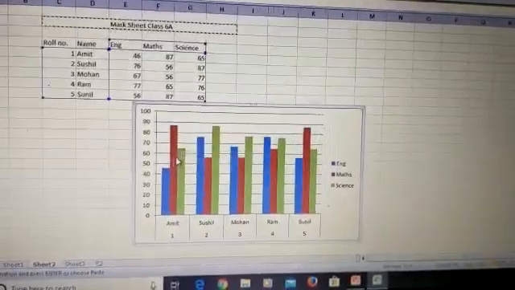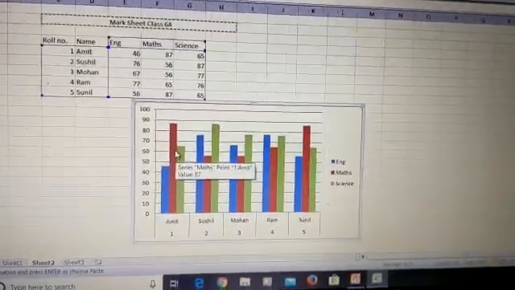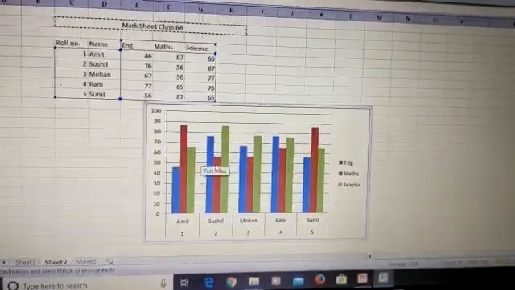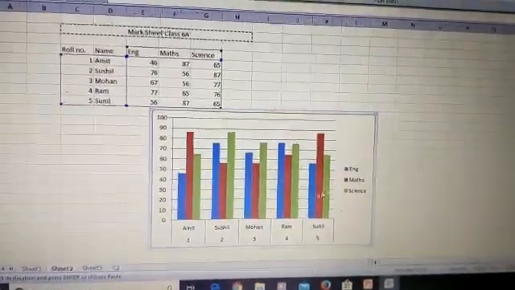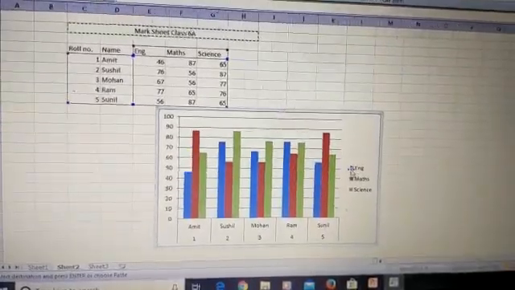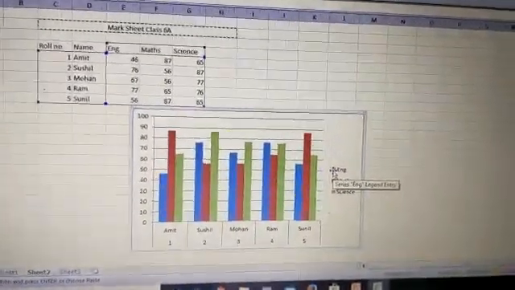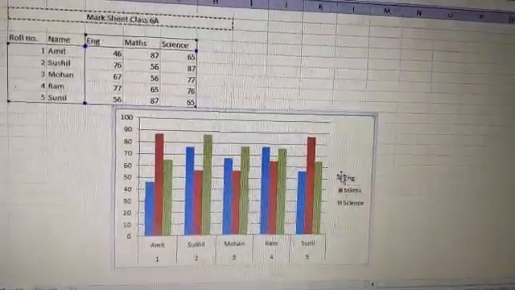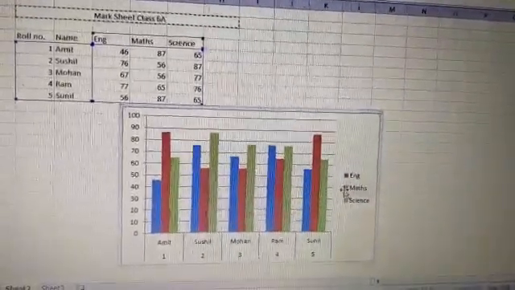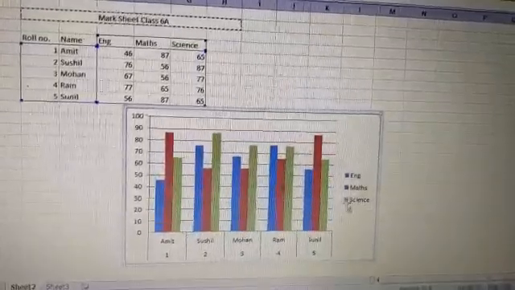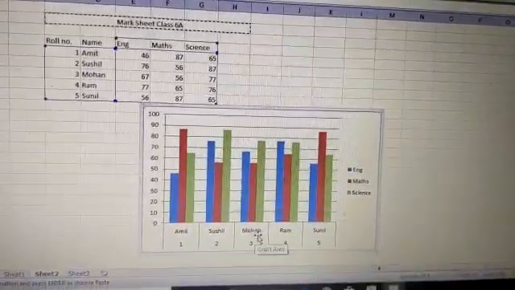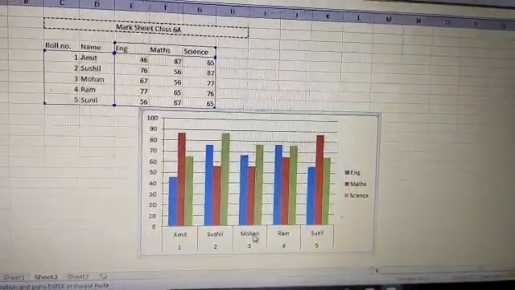These are the various values which we have given, and according to that, these bars are given. These are the columns. Then we have the legends. Legends show that the color blue stands for the subject English, the color red stands for maths, and the color green stands for science.